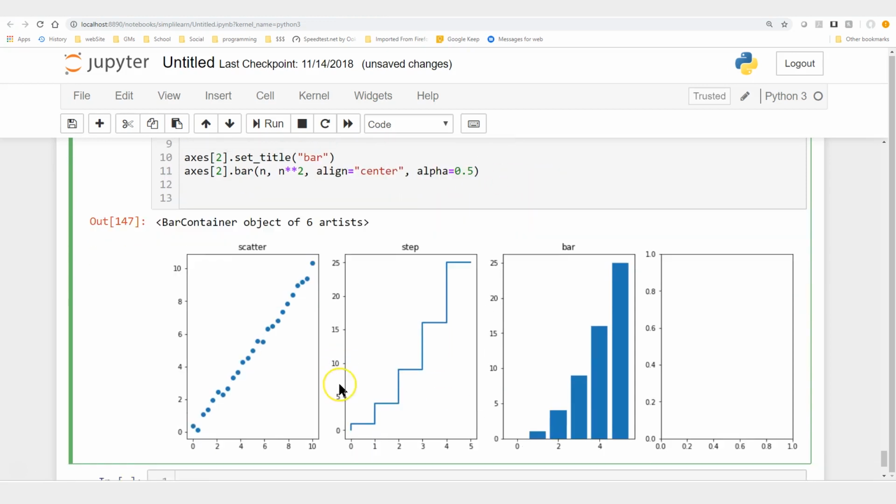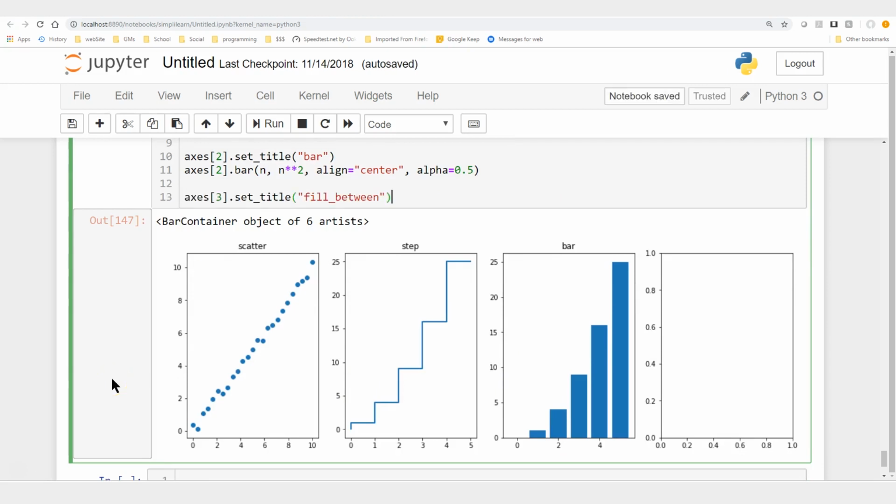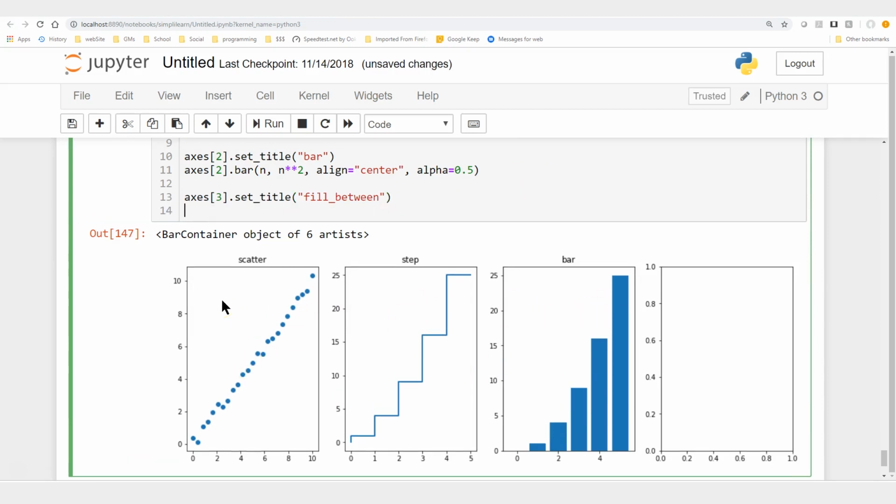Now, I can't say I've used the step graph very much. There's certain, I guess, domains of expertise that require a step graph. But the scatter plot and the bar graph are very common, especially the bar graph. And we'll look at histograms here in just a minute. I use histograms a lot, especially in data science. But the bar graph is nice if you have very concrete objects. How many people are wearing yellow hats? That kind of thing. But if we're going to do that, let's go ahead and do the last one, which